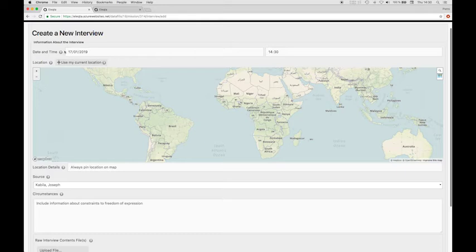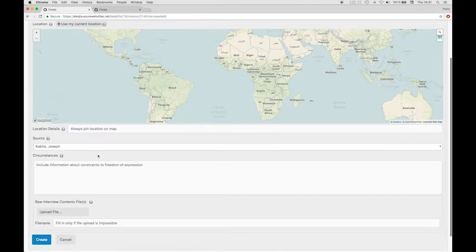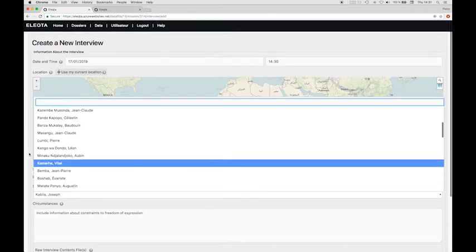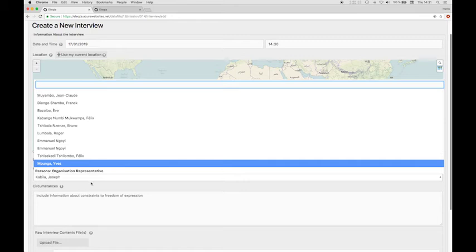It is very simple to do. You just have to enter the date and time of the interview. You have to enter the location where the interview occurred, including details if you have difficulties pinning the location on the map, or if you don't know, or if there is information that you want to provide us about the location that cannot be shown on the map. The source field must be filled in with something that identifies the person that